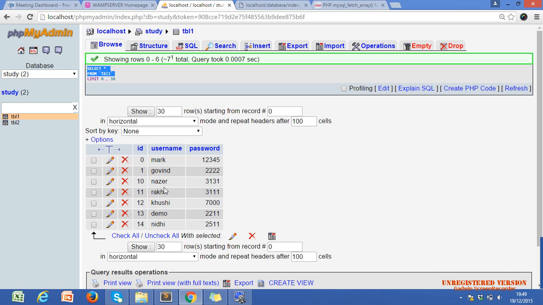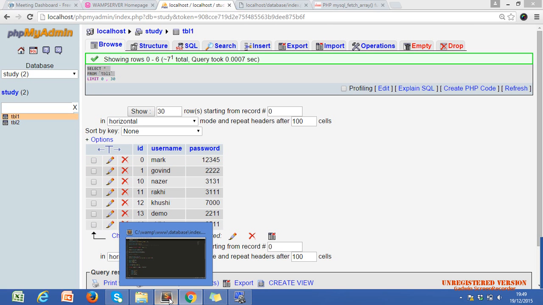So now it is hard to understand. Zeroth position, zeroth column, sometimes it confuses us in real time, in big applications, big websites. Now if we use mysql_fetch_assoc, ASSOC,